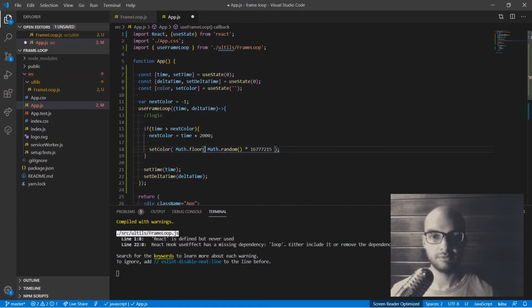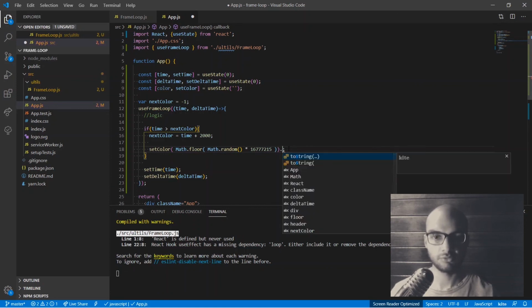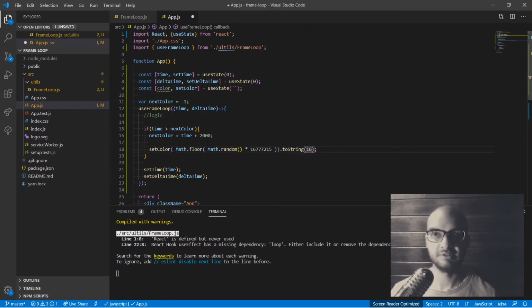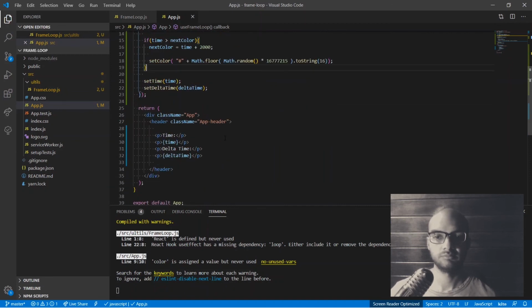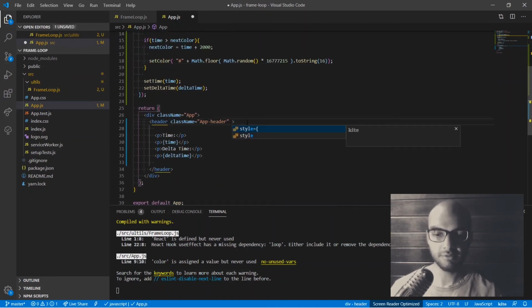So floor. And we need to convert it to base 16 and add this. Now let's set the new color here. So style is going to be equal to